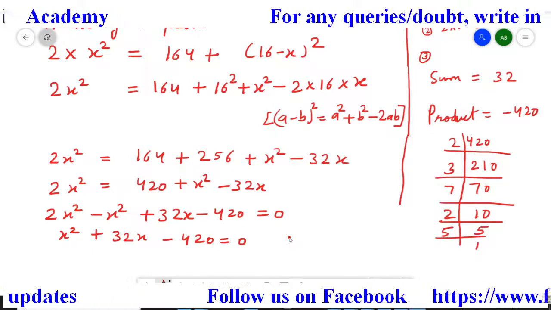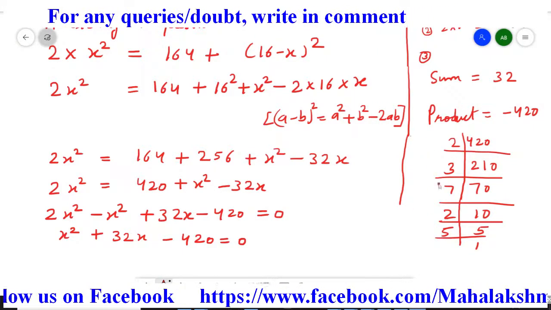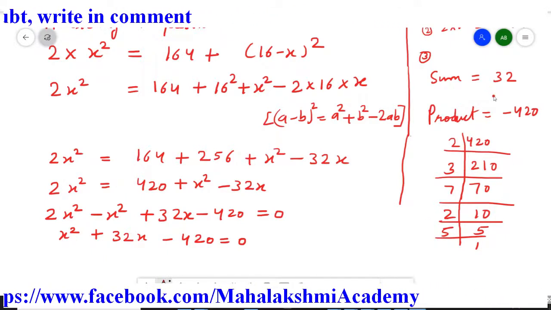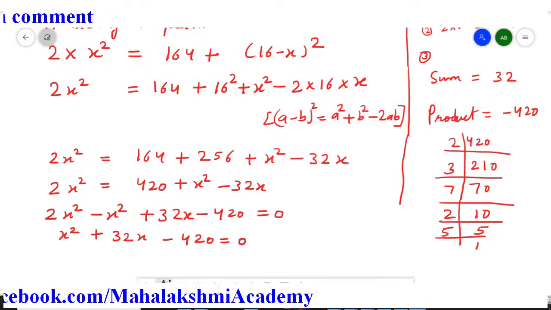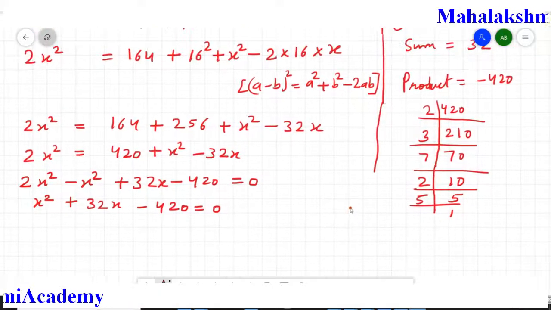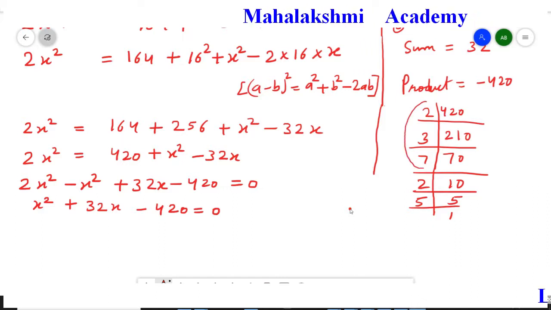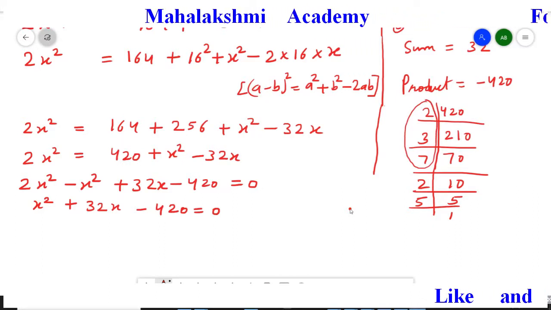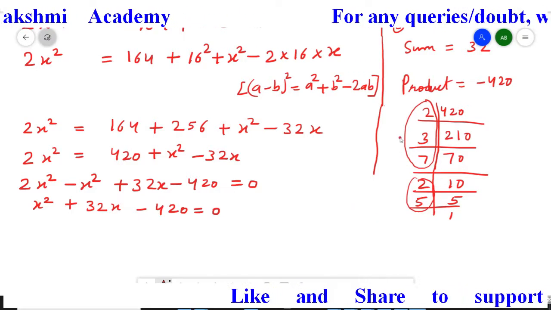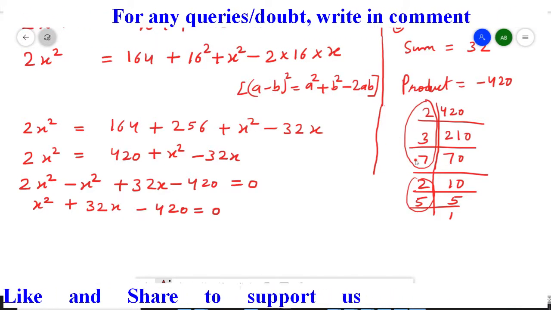Now we have to make the groups. So whatever numbers we have obtained here, we have to convert into two groups, from which we get 32 when we add, and when we multiply we get minus 420. That is the condition. So here when we make the groups, we get like this. I am going to make these three numbers a single group and these two numbers a single group. So these three numbers will give us 42 because 2 3s are 6 and 6 7s are 42.